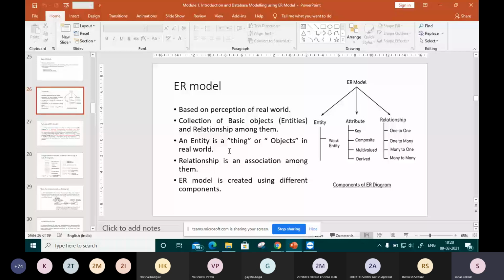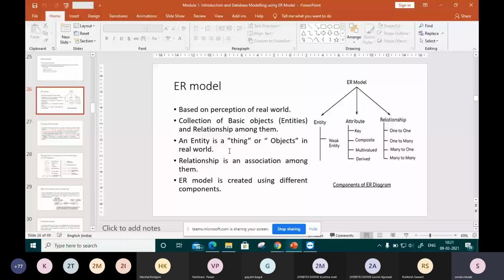ER model is nothing but entity relational model. As I told you earlier, entity, relation, table, database or schema are all nothing but a collection of data. Here an entity is also called a table.